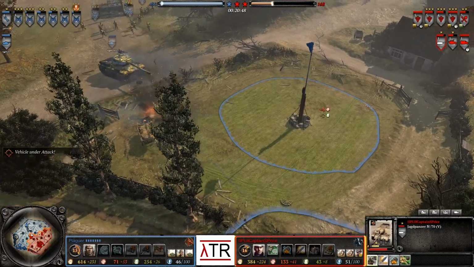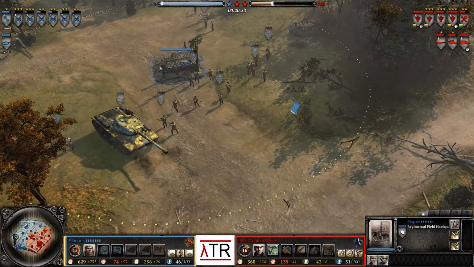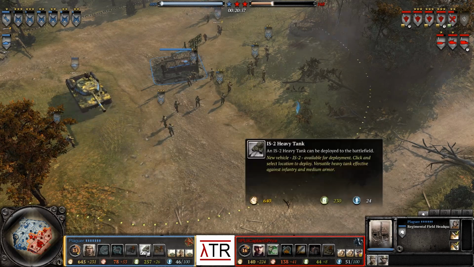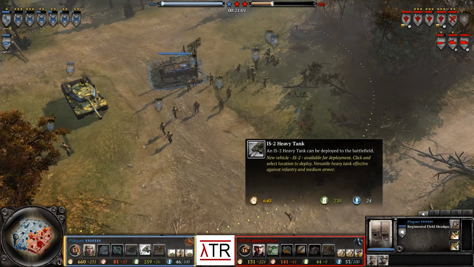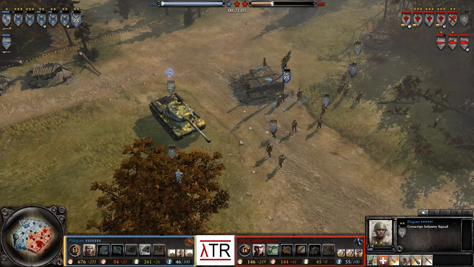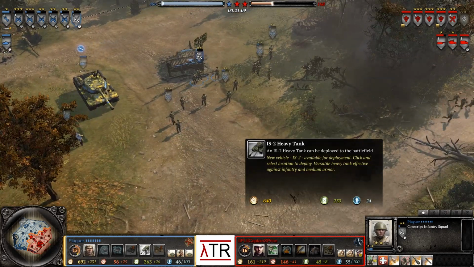Plague's just taking massive damage. His infantry is severely damaged. He does not have the manpower to... well, actually, he does, but he is going to be calling in another IS-2. So he does not have manpower to spend on reinforcing his troops. He needs to call in the other IS-2, and I think with that, he may be able to end the